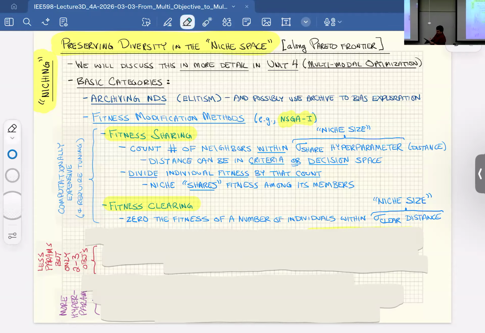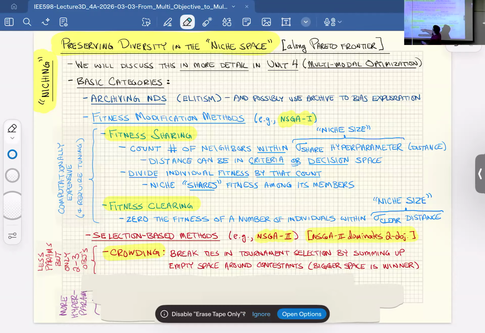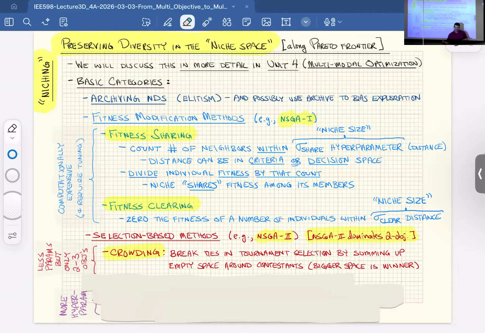All right, so then an alternative approach. These again tend to be more costly because they involve a lot of pairwise calculations, comparisons. So an alternative approach is not to use fitness, but to jump straight to a more selection-based approach. And the kind of mascot for these are crowding methods. And again, we're going to get to multimodal. I probably should just get rid of this slide and just skip to multimodal. But this is like a summary of what's to come. And this is still sort of living in multi-objective here. Turns out a lot of the same niching methods in multi-objective are also used in multimodal.